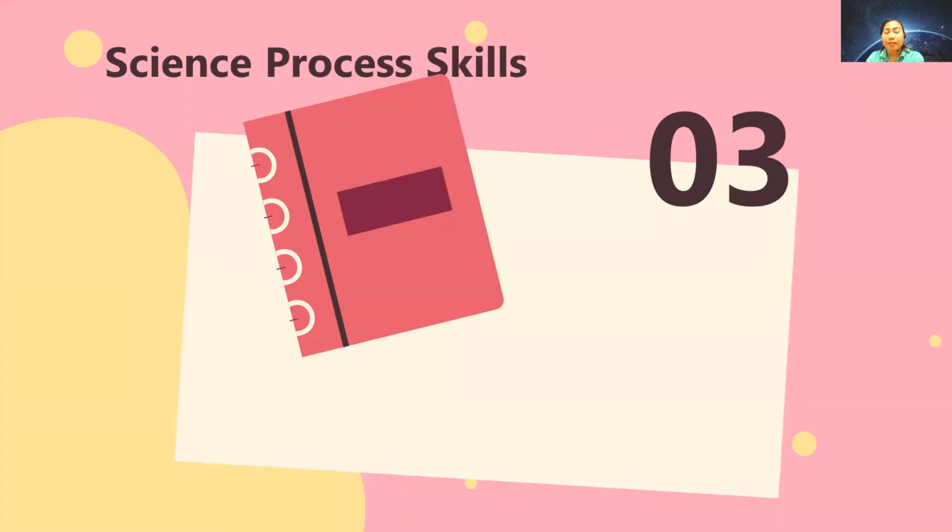So that is number 2. Remember, number 1 is observing. Number 2 is measuring, using measuring devices or measuring tools. For number 1, we are using our 5 senses to observe things or observe using the science process skill. Number 3 is